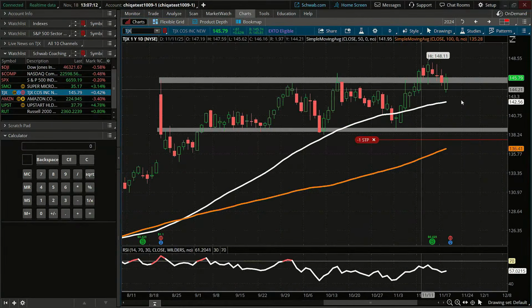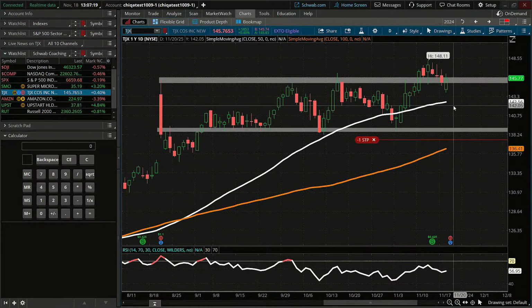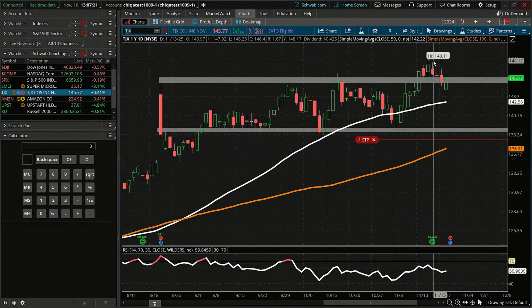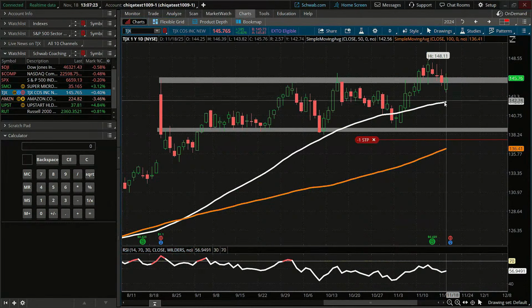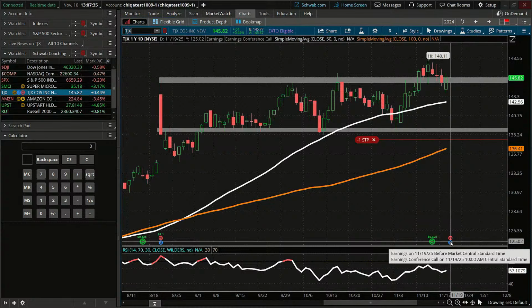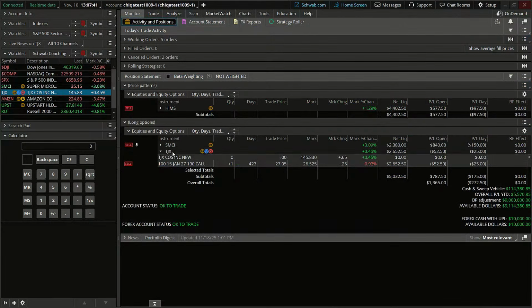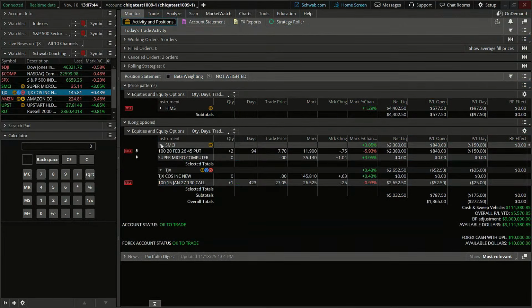And let's just look at the chart real quick for TJX to see where we're at. So TJX broke out to new highs after this really rectangular pattern that took shape there, broke out of it, and now is dipping back a little bit down. It's still above its 50-day simple moving average. It's still making a higher low. So this trend is still intact. It does have earnings coming up on the 19th, so that will definitely be something to watch here, leading into earnings.